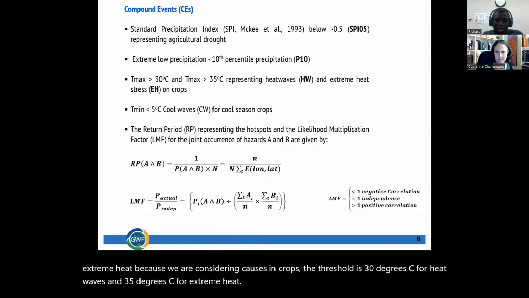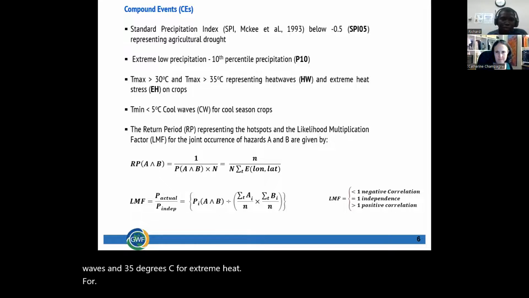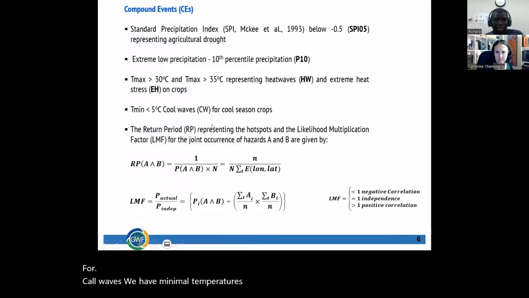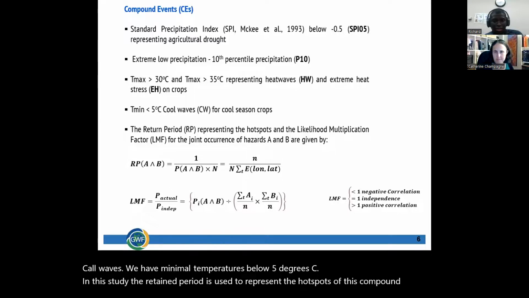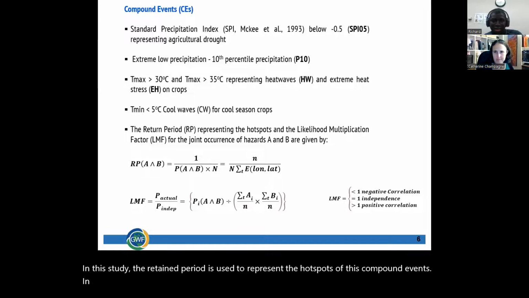For cold waves, we have minimum temperatures below 5 degrees C. In this study, the return period is used to represent the hotspots of these compound events in Western Canada. The likelihood multiplication factor, LMF, is used to assess the relationship between these hazard pairs in forming